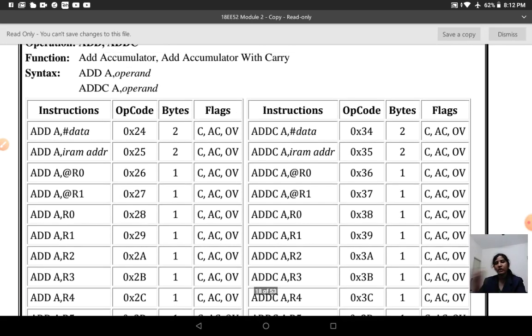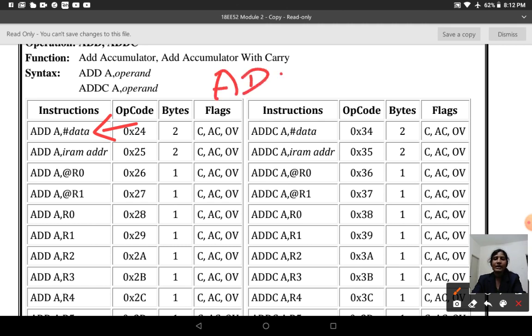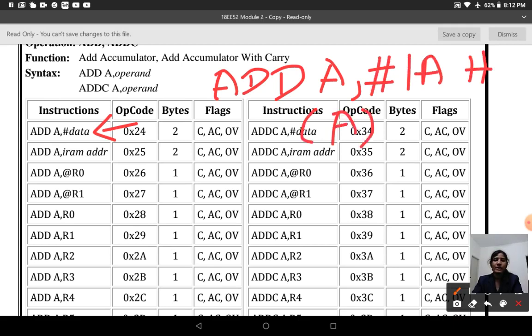When your assembler executes this instruction, it is like ADD A comma hash 1AH. It means that the content of accumulator is added with the immediate data 1A and the result of execution is stored in your accumulator. That is the explanation for the first one.